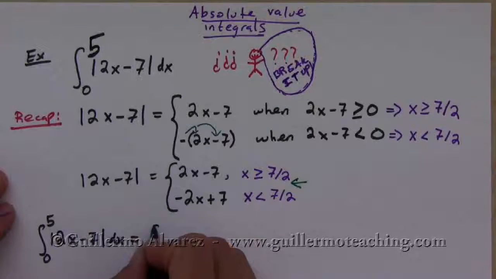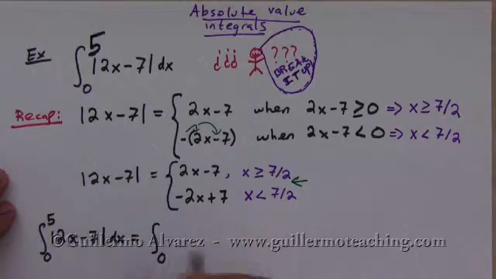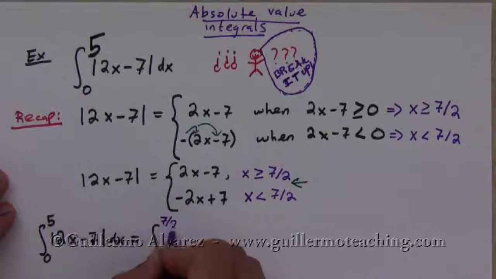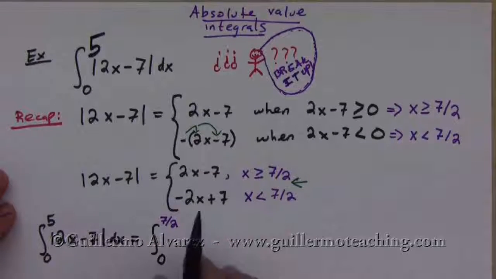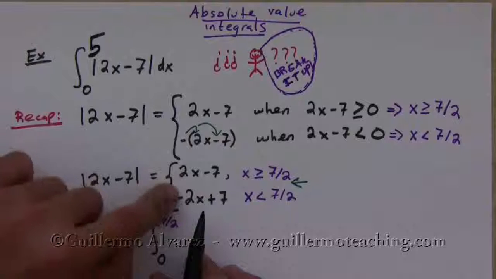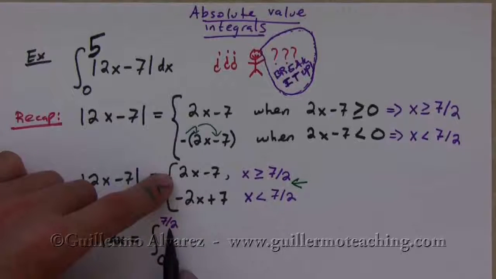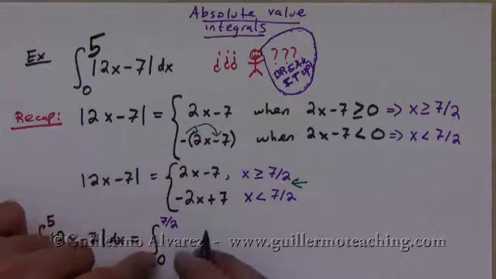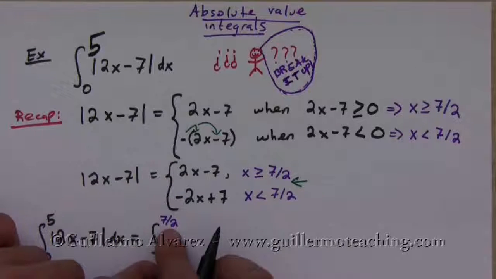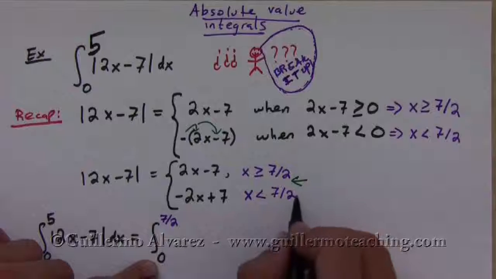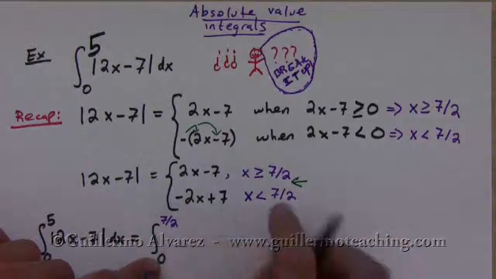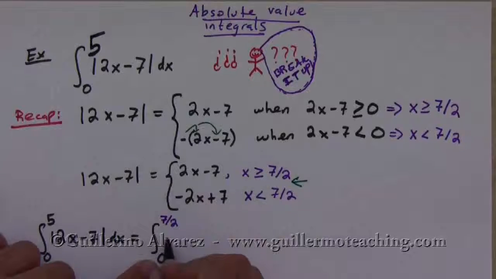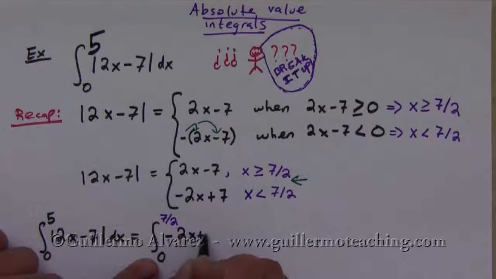One is going to be from 0 to 7 over 2. And which one of these two functions am I going to evaluate from 0 to 7 over 2? Well, which one is defined from 0 to 7 over 2? Well, that would have to be this first one, right? Because this one's valid when x is less than 7 over 2. So this one is negative 2x plus 7